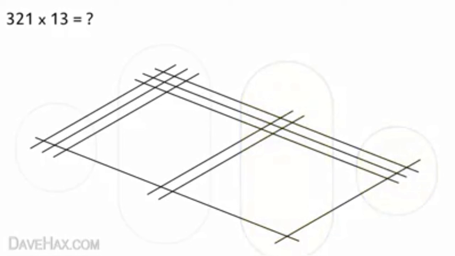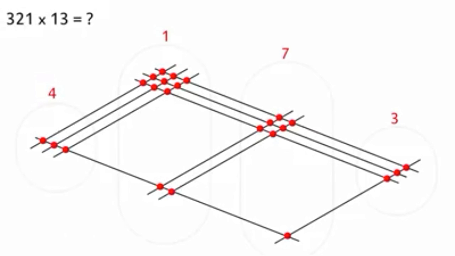Then starting from the right again, we'll count out the dots. 3, 1 at the bottom, 2, 3, 4, 5, 6, 7. Then 1, 2, 3, 4, 5, 6, 7, 8, 9, 10, 11. So again, we leave the last digit there, carry the first digit over to the next zone, and add it to the dots. 1, 2, 3 plus 1 gives us 4. 4, 1, 7, 3. So our answer, 321 times 13, is